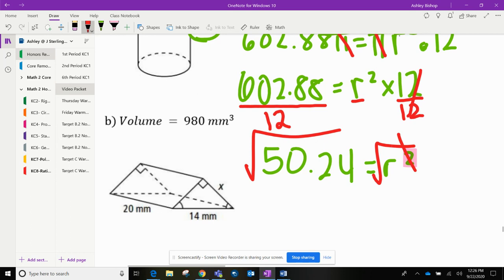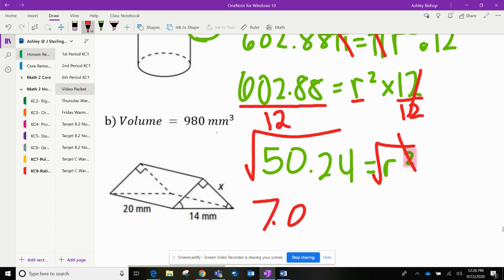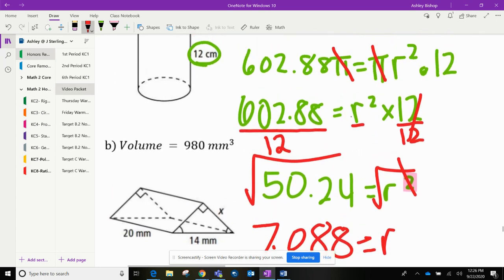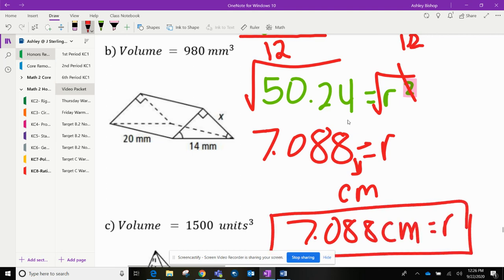And using my calculator, which you should have, that link that I always sent out, the square root of 50.24 will be 7.0... my calculator's not showing me. 7.088, I believe. And that's equal to r, and we can't forget our centimeters. So 7.088 centimeters is equal to r. The problem will tell you how many decimal points I want you to